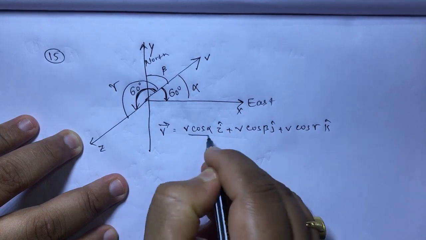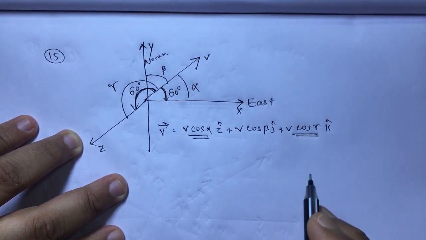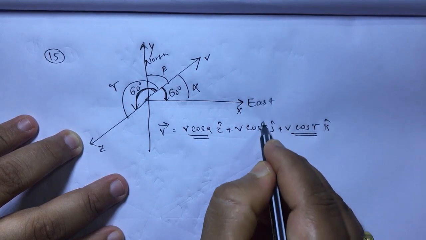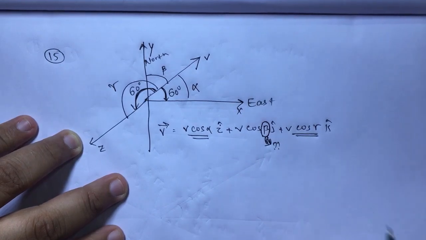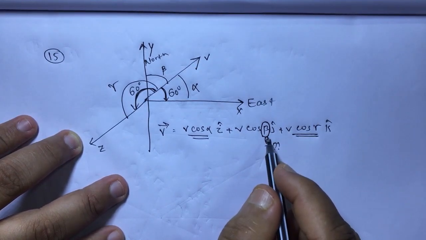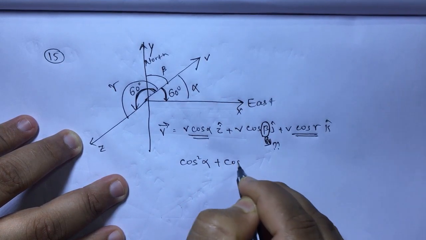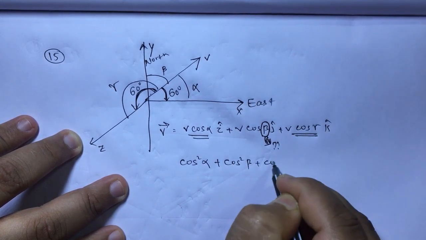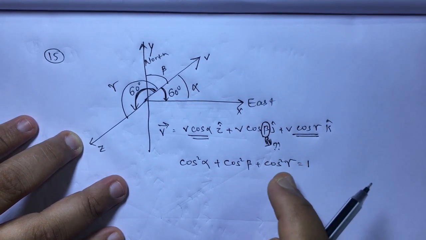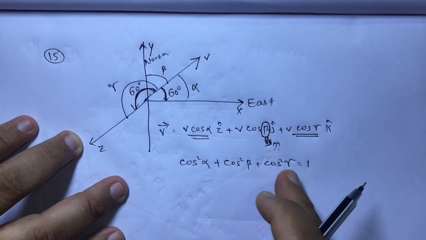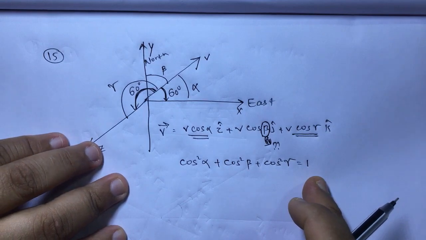Now here alpha is given, so I can find cos alpha. Gamma is given, so I can find cos gamma also, but the problem is beta is not given, and while explaining that concept I have told that I can find the value of beta by using this formula, that is cos square alpha plus cos square beta plus cos square gamma is always 1. Whatever the values of alpha, beta, gamma you take, if they are the angles with x, y and z axis for the 3-dimensional vector, then this is always going to be 1.